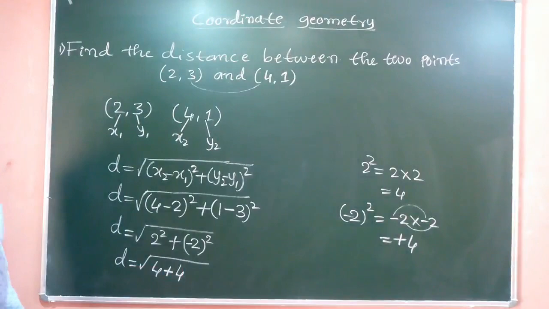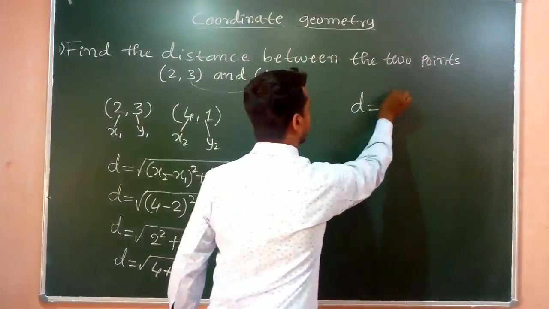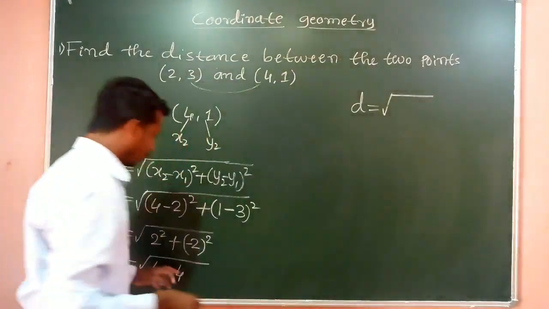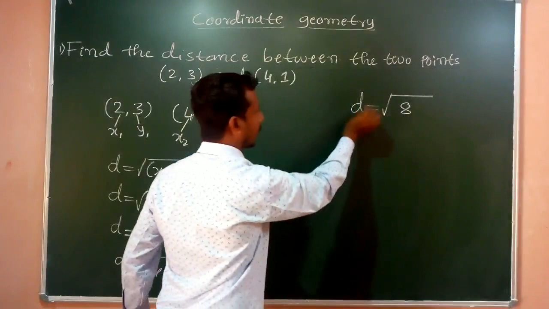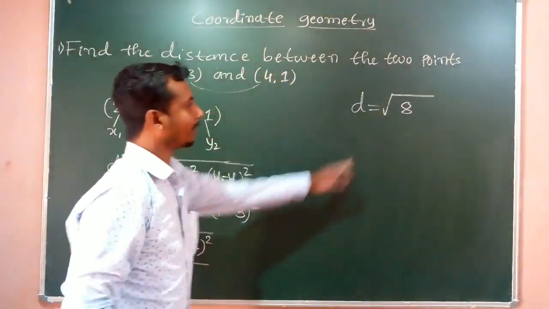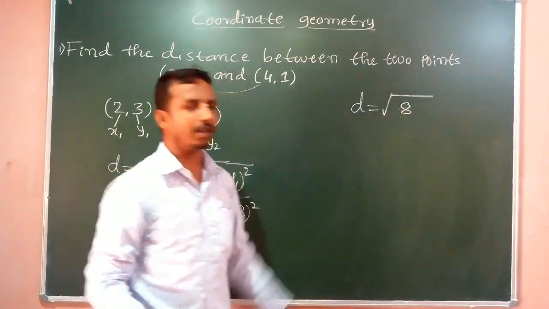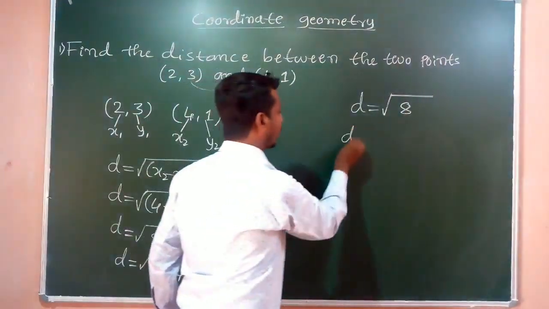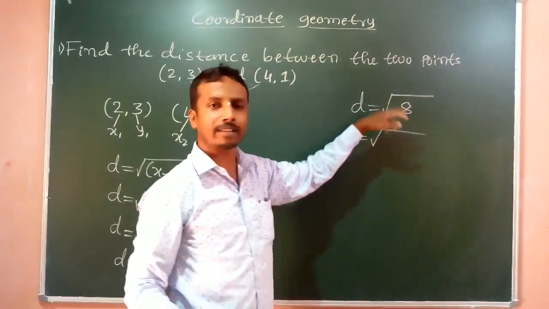Then next, now here we know that d is equal to square root of 4 plus 4, 4 plus 4 is 8. Then next the distance between the 2 points is square root 8. But here we have to write the simplest form of square root 8. Then d is equal to square root of 8, which is also written as